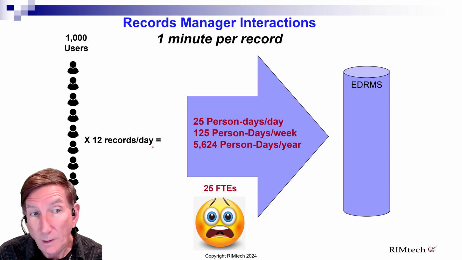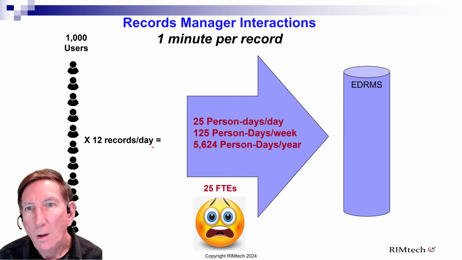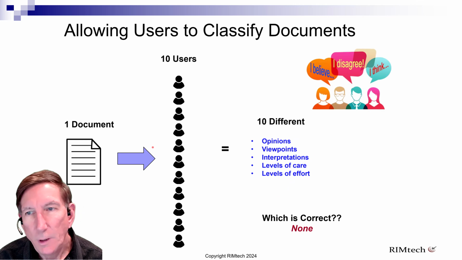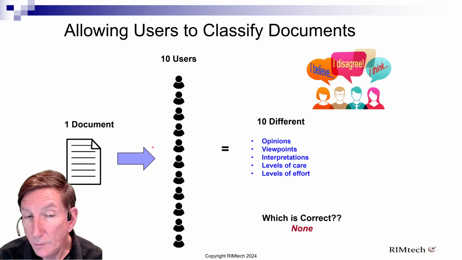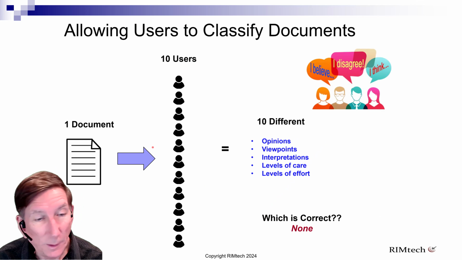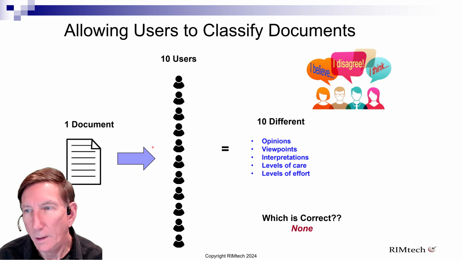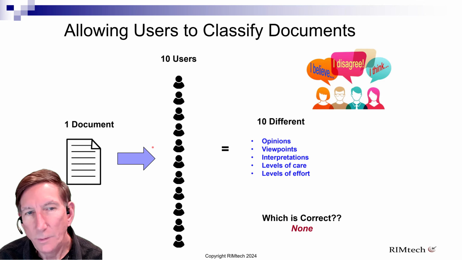Now you're going to need 75 days of work to examine or check those. So what does that mean? Well, it means this. If we were to leave this up to the users, and you know the truth, right? If I take a document and give it to 10 users at random, and I say, is this a record? I'll get up to 10 different answers. And those answers can change depending on their mood, their feeling at the time, whether the dog ate their homework or whatever. So the fact is that we cannot count on users to do this 12,000 times a day